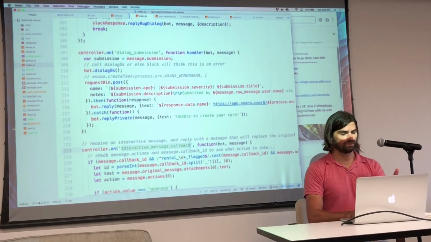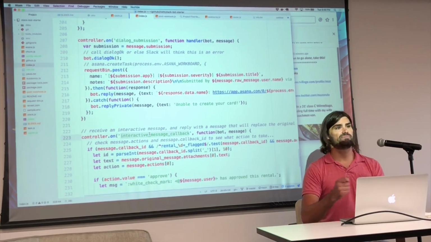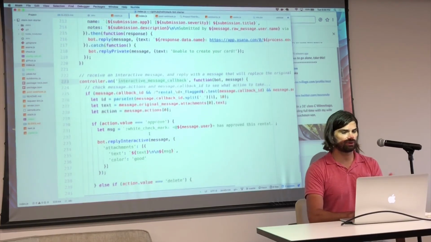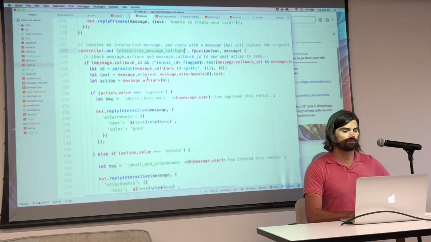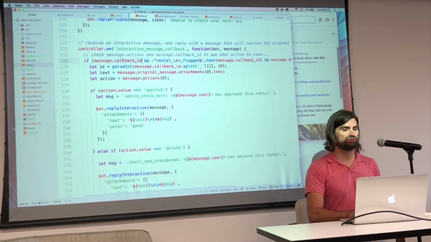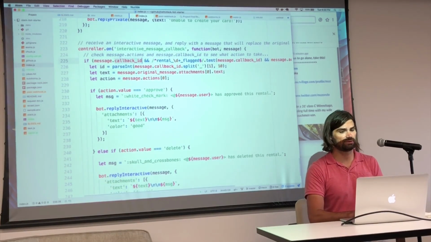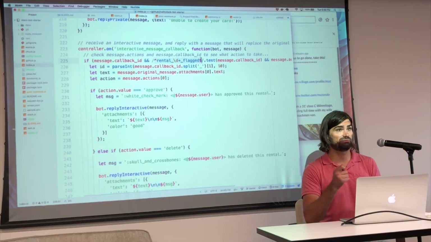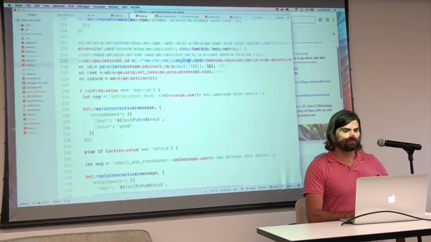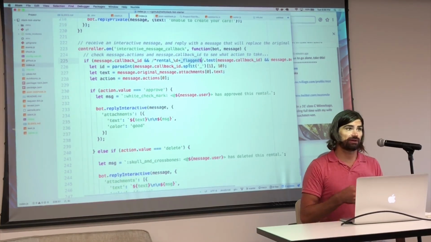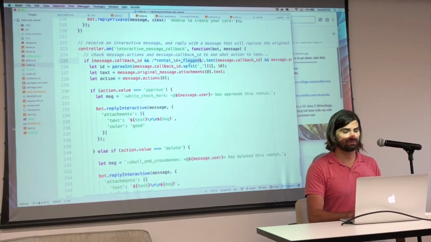So again, controller on, interactive message callback, right? So if this is the first time we're adding this, we would now need to start listening to these callback messages. So once this gets received, it has a callback ID, right? So the message that comes in, I'm looking for a callback ID, and I am specifically looking for rental, some number, flagged, right? Does it meet that regular expression? So once I have that, I can parse out, I know what rental ID it is, so I know how